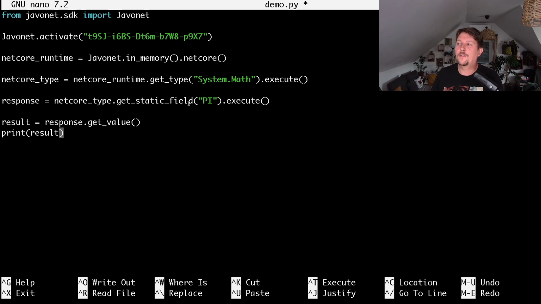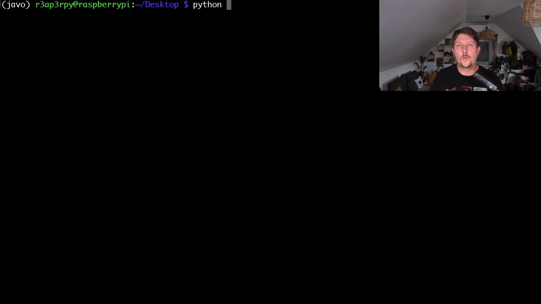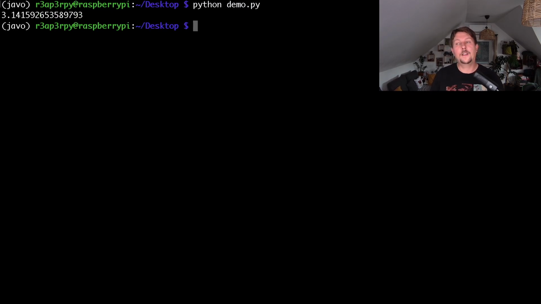And if you are familiar with .NET or how the System.Math module works, you may have already guessed that this is going to be the name or the value of pi. So now all that is left for us to do is to call it. And as you can see on our console, we can see the value of pi. With these simple steps, we are able to set up Javonet and start leveraging its powerful integration capabilities in our